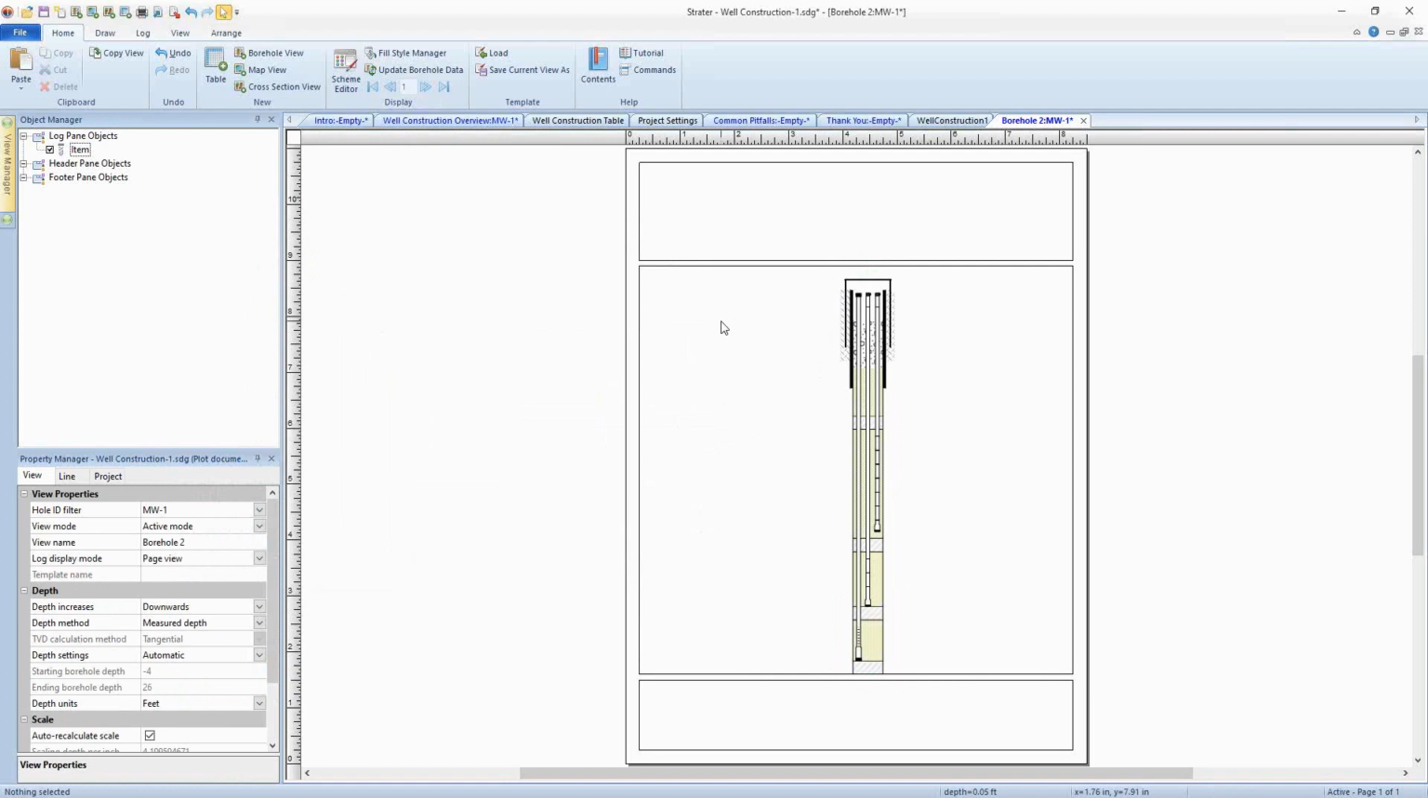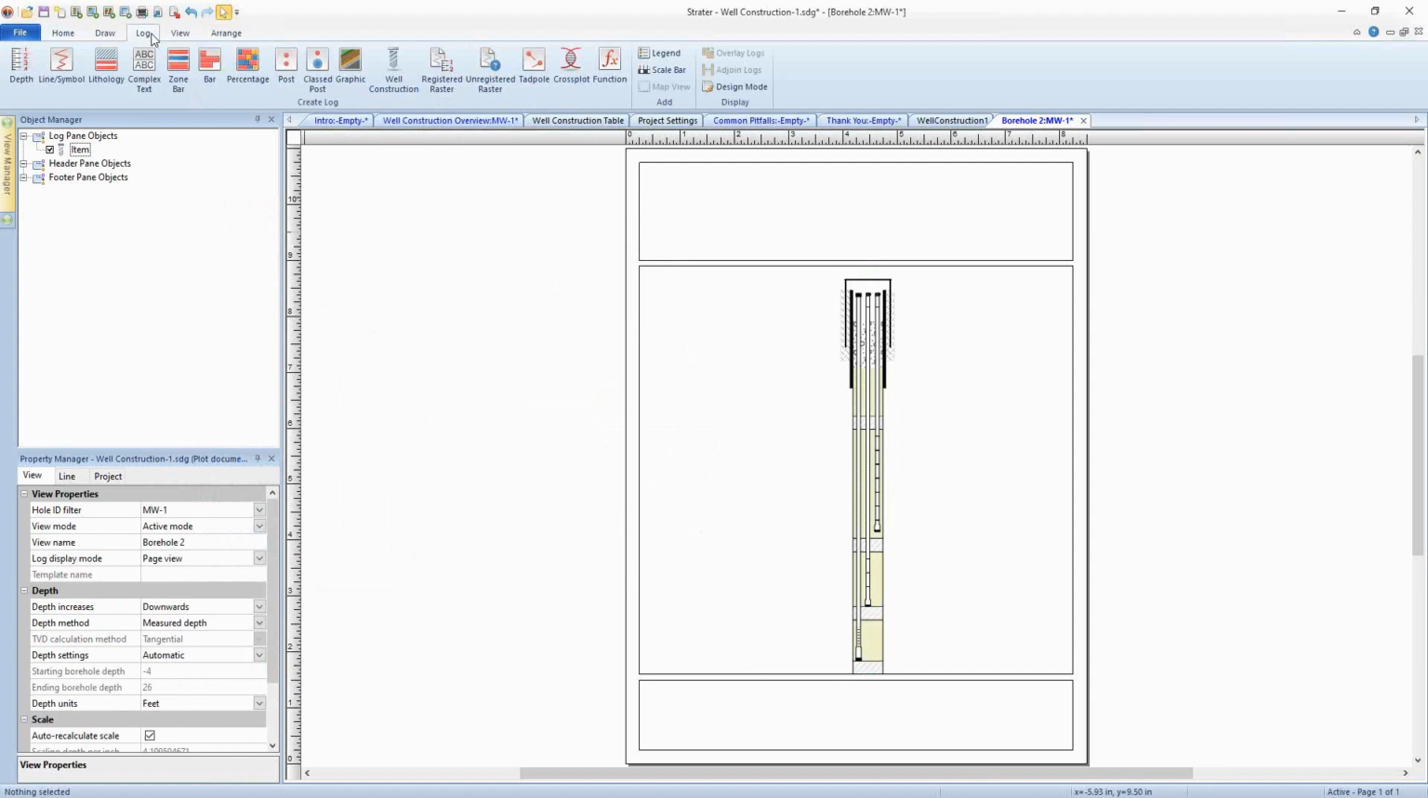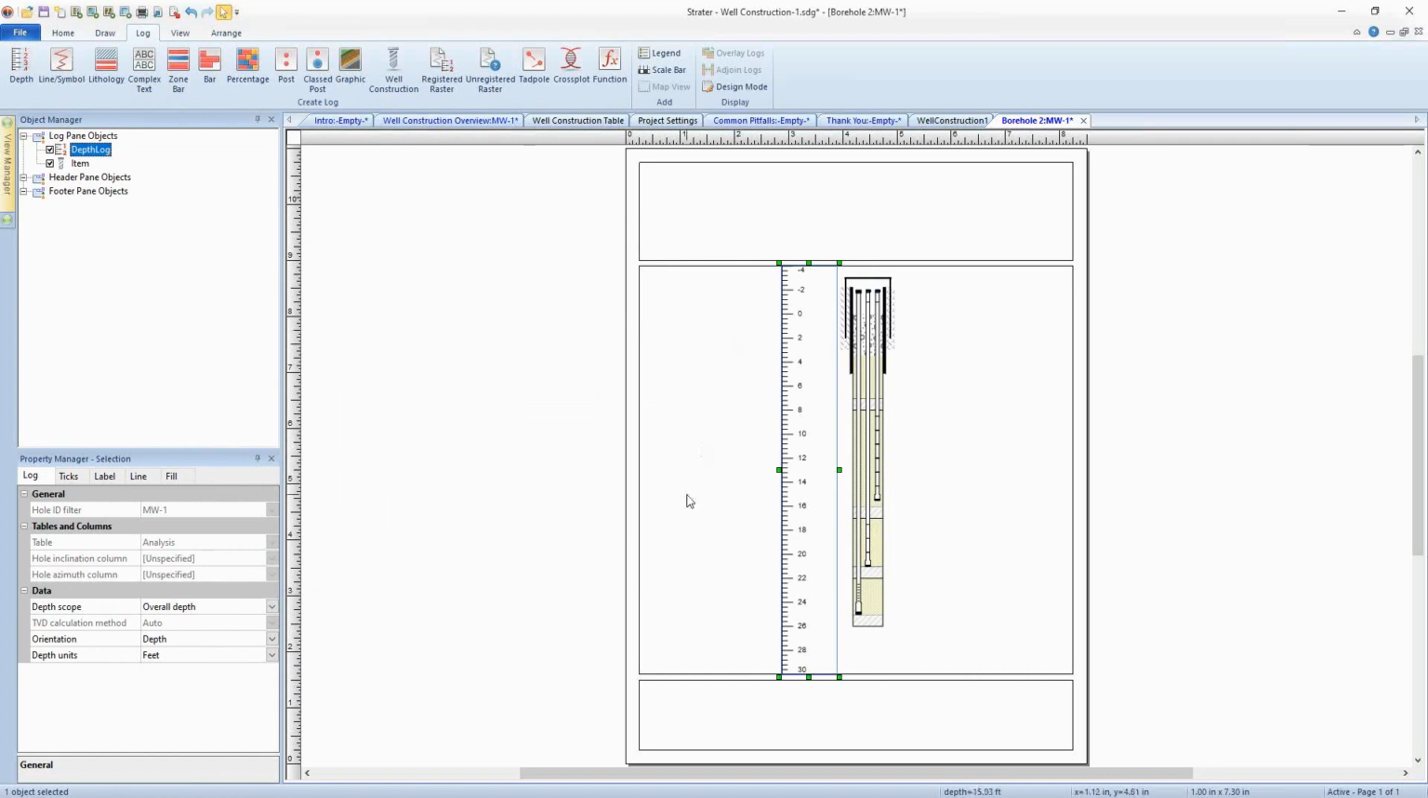So next, some useful things to add here would be a depth log, perhaps a legend. So let's go ahead and add a depth log. We'll do that by clicking log in the ribbon, create log depth. And again, I'll just click wherever I'd like it in our view. The depth log is very